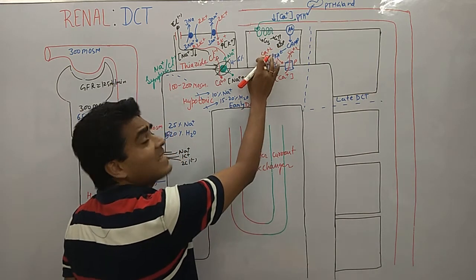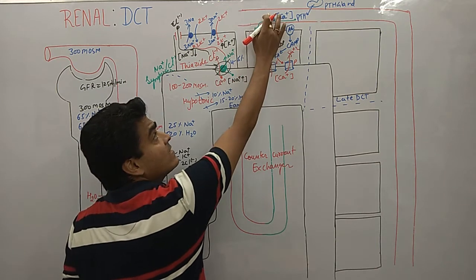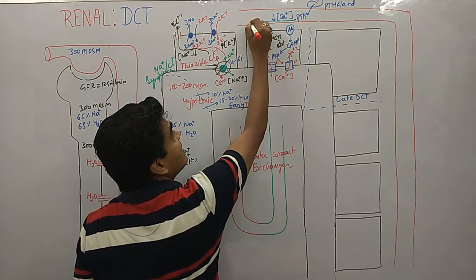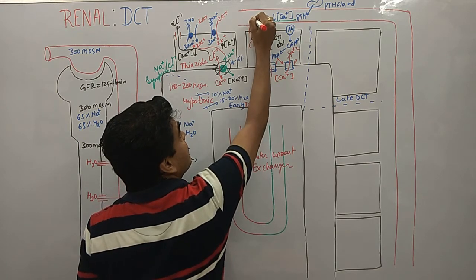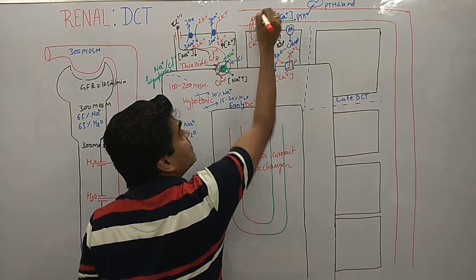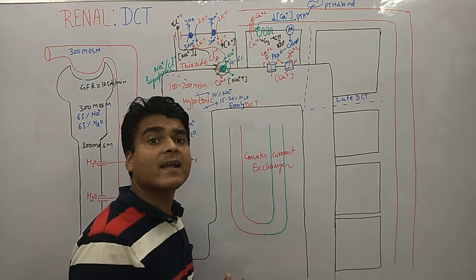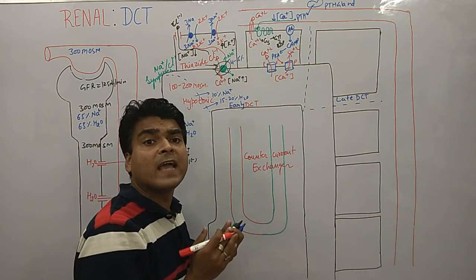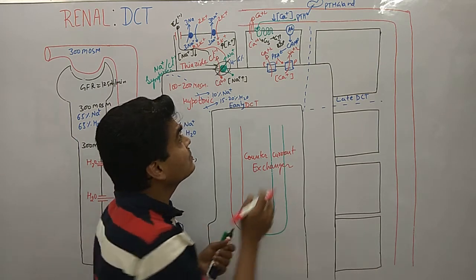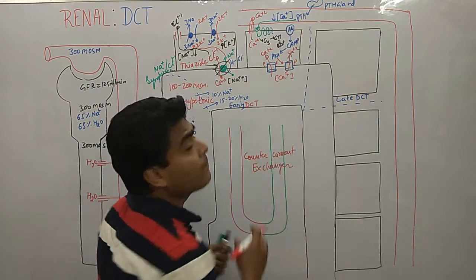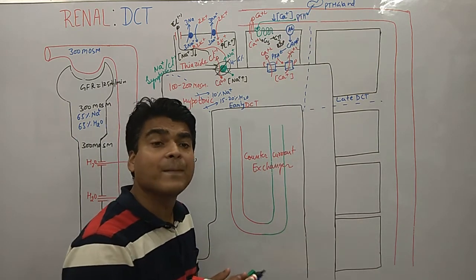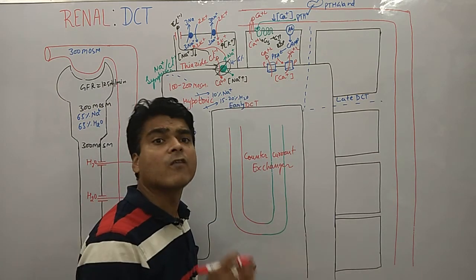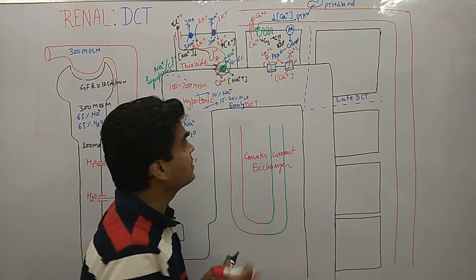Now calcium is high in this direction and low in this direction, so calcium is again moving in this direction, into the blood. So we are able to absorb calcium in the blood, and we get from the hypocalcemic level to the optimum level of calcium. So here parathyroid hormone is helping with calcium absorption, or we can say calcium reabsorption. Clear everyone?